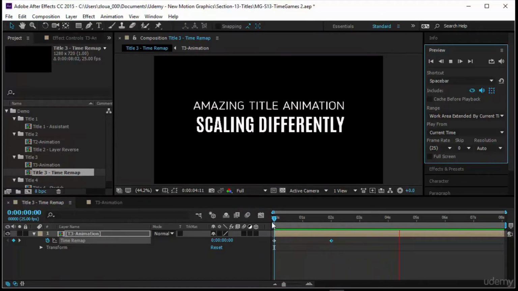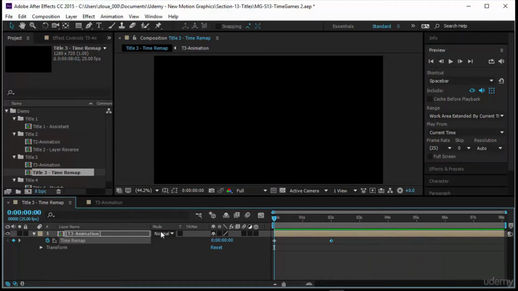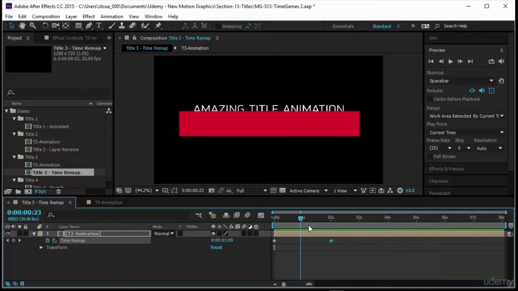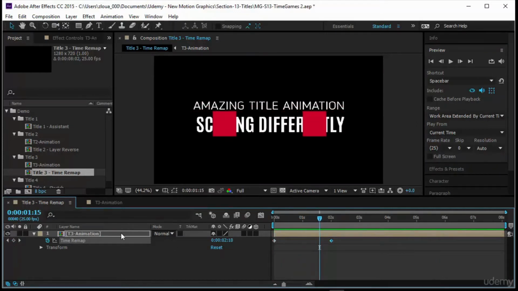It's speedier. Why? Because in the lapse of time of 2 seconds on the timeline of the composition, our layer here has executed 3 seconds. It means we have remapped 0 to 3 seconds into 0 to 2 seconds, and hence it's speedier. So this is the function of time remap. You take certain time from your layer and you remap it using the keyframes to a different time on the